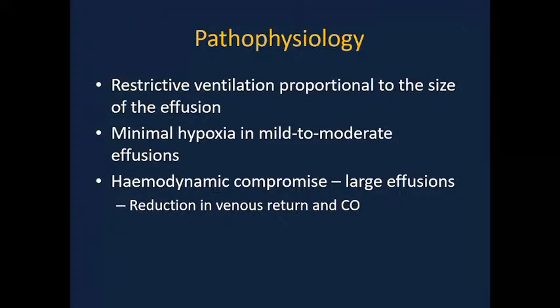Usually you have minimal hypoxemia in mild to moderate effusions, which tells you that if you have significant hypoxemia with an underlying cause of pleural effusion, then that's a really huge pleural effusion, which should be relieved